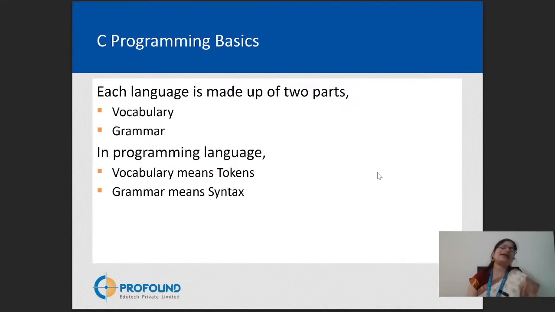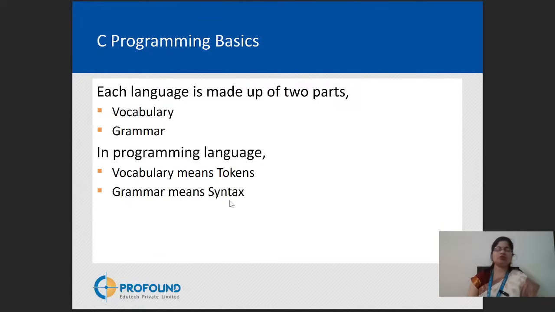So C programming language basics. Any language, not only C, if you want to learn, you must be aware of two parts. One is vocabulary and another one is grammar. Vocabulary means tokens, grammar means syntax. If you want to learn any language, you must be aware of words and then you will make sentences.